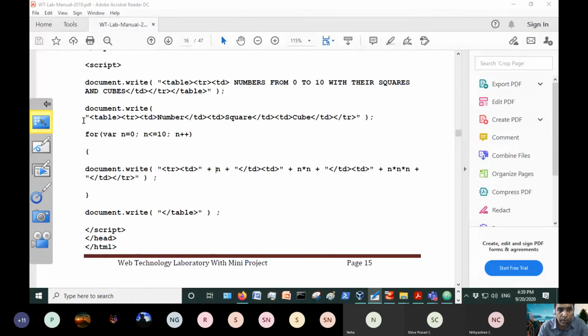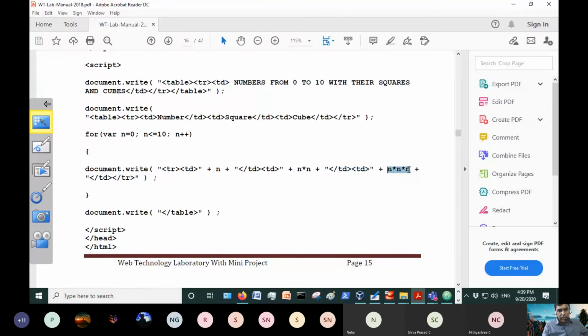Here, what is happening is the TR TD string is concatenated with the n value. The n value, with plus again, is concatenated with the closing TD and opening TD. Again, n square is concatenated with these TD tags.